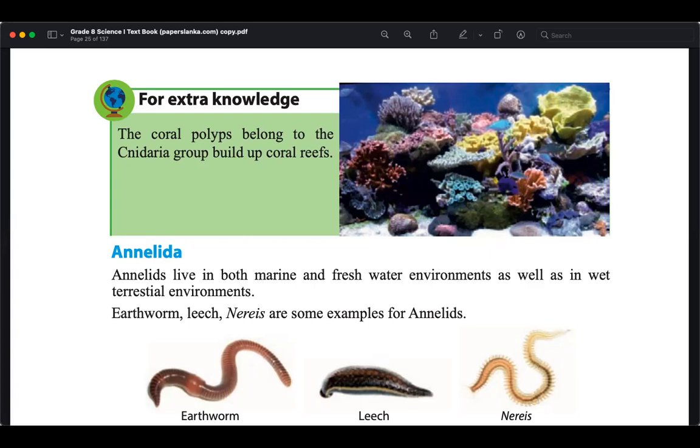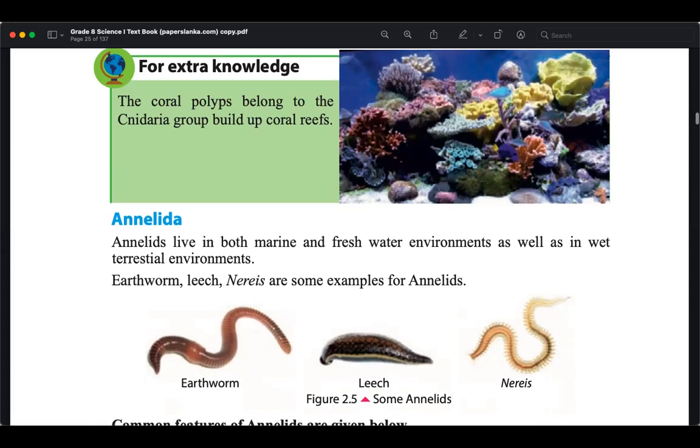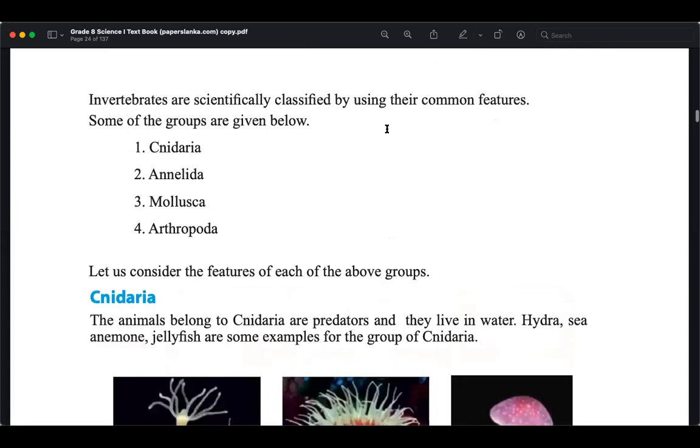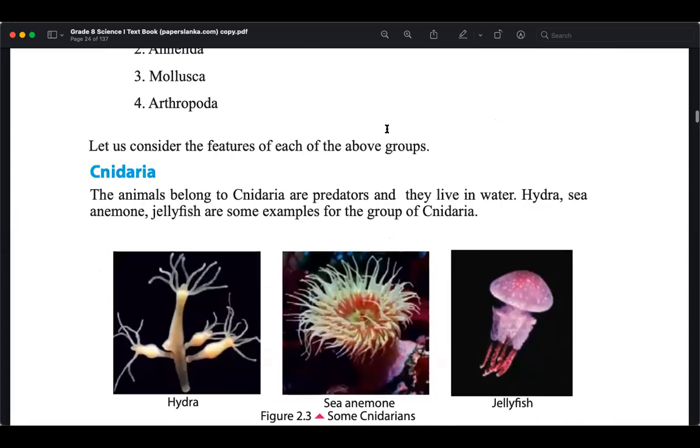But due to the tsunami, some coastal areas were also destroyed, and due to some man-made activities related to fishing and oils and other things, these corals are destroyed. So these are very important to us as an ecosystem. Okay, that is about Cnidaria. So the next one is